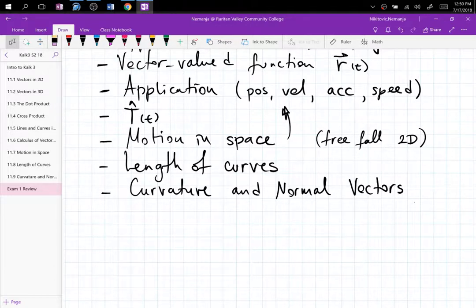Normal vector and curvature clearly should take a long time because it's just a lot of calculations there. If you have some simple integrals and derivatives and things like that, those problems should be done quick. Also, length of curve. I'm not going to be really focusing on Calc 2 integration, those really extraneous cases where you have to use partial fraction decomposition, which leads into trig substitution, or something like that. I'm going to primarily focus on